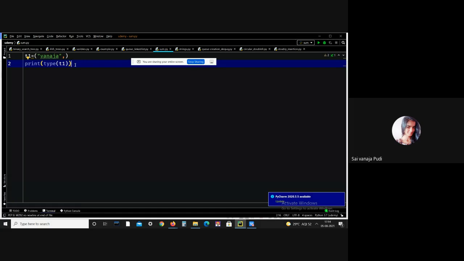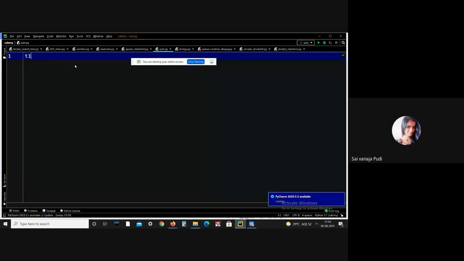The next one is indexing. In strings and lists, we performed indexing and slicing. Tuples also support indexing and slicing. The indexing and slicing in a tuple are similar to the list. Indexing in a tuple also starts from 0 and goes up to length minus 1. Let me print so that you can understand better.